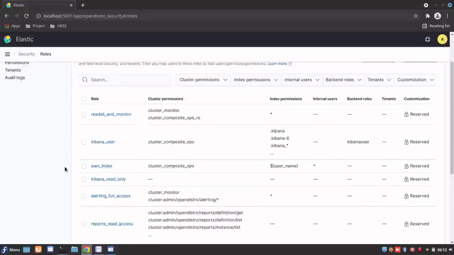Basically, if you go into more details about the roles, there are two types of roles: cluster permissions and index permissions. Cluster permissions provide high-level cluster access, cluster monitoring, and cluster management, like how you can manage the cluster using the user. And index permission is basically how you can track your index, add your index, create the index, or update the index. So those kinds of accesses are managed by the index permissions. These are the basic permissions that we set up with the roles.